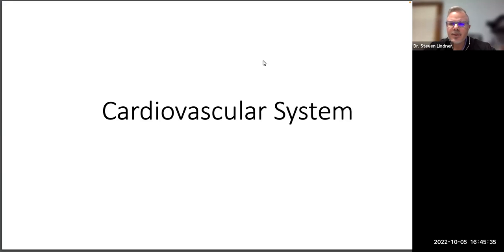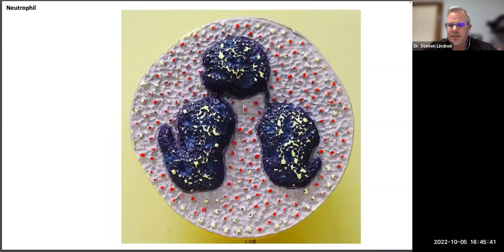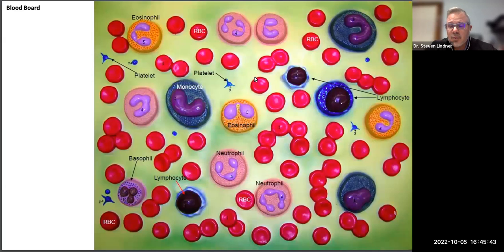In this short video, we're going to look at the beginnings of the cardiovascular system. We're going to be starting with the review of the blood. So if you think back to blood, blood is connective tissue. It's liquid connective tissue. And one of the things that differentiates epithelial tissue from connective tissue is epithelium is a